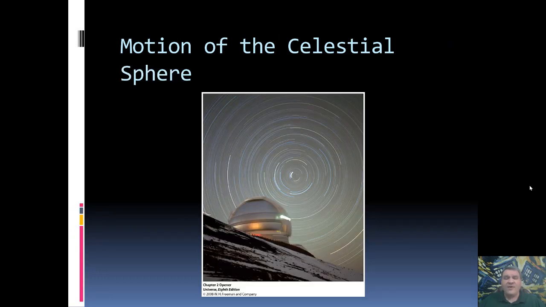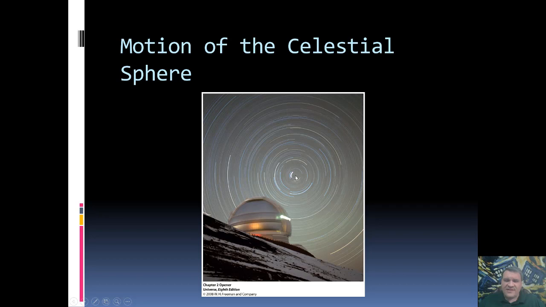So here we have a view. This is a long exposure. So what they did to get this is they set up the camera facing the North Celestial Pole, and they just left the camera open, recording light for a long period of time. Based on how long these streaks are, we're looking at probably a couple of hours. Now, each of these streaks is actually a star. So these are known as star trails. You can see how it is that the stars have moved over this time.